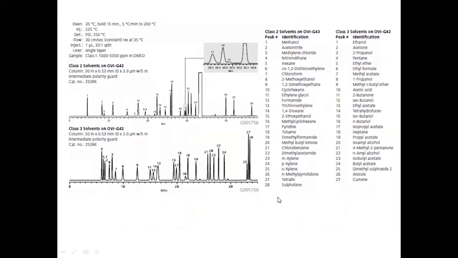So like this, you can see this diagram in the slide. The oven temperature, injection temperature, detection, and a refractive index detector is used. Flame ionization detector is used here. The flow rate, injection volume, everything is given, and 28 compounds can be separated. 28 compounds. So within a small period of time, no other separation tool can yield these type of excellent results.